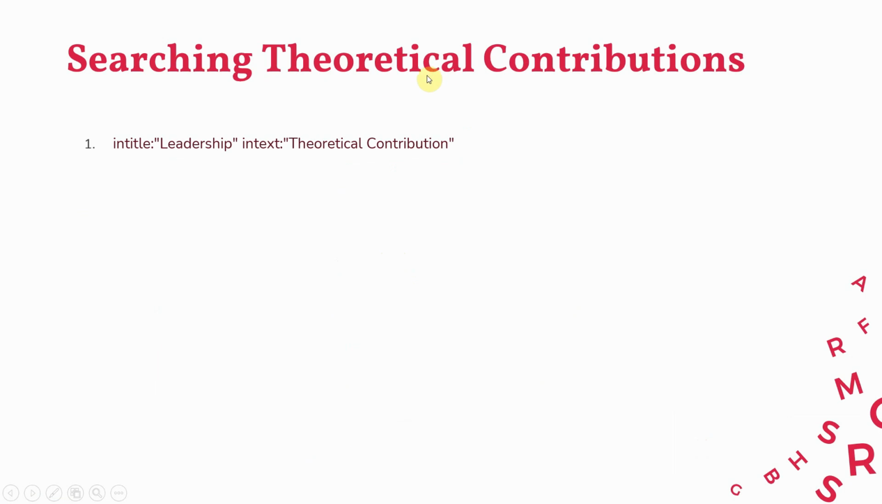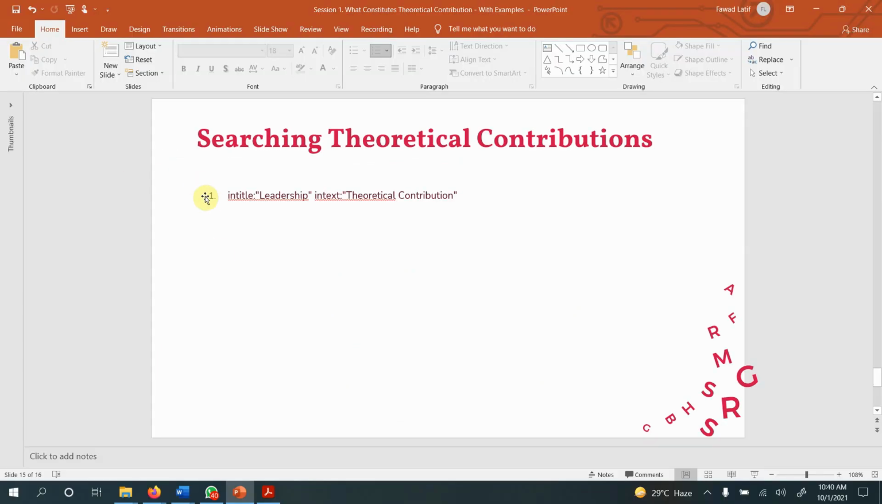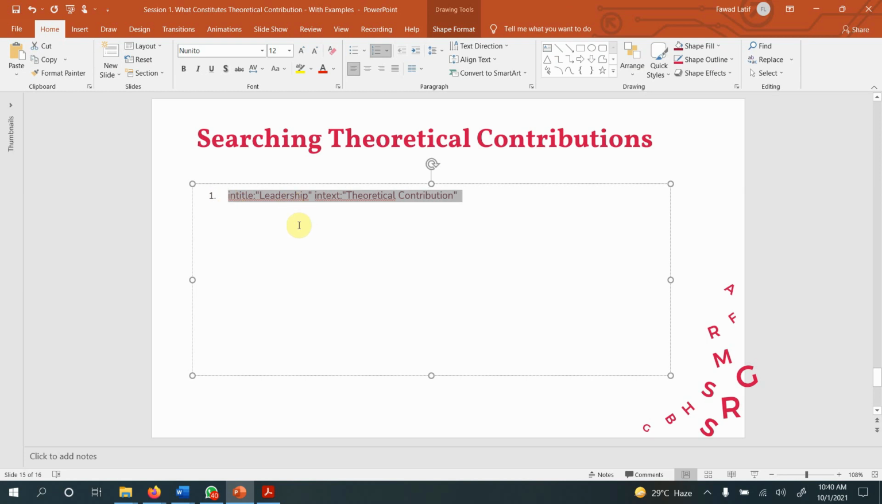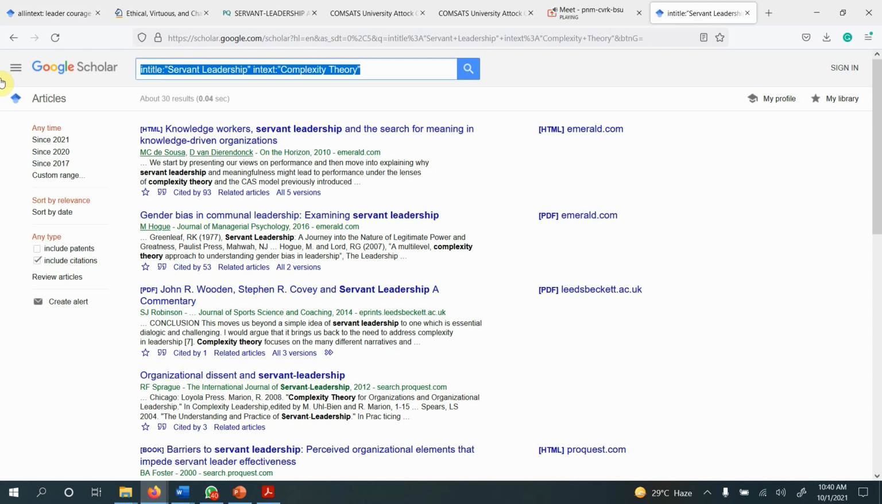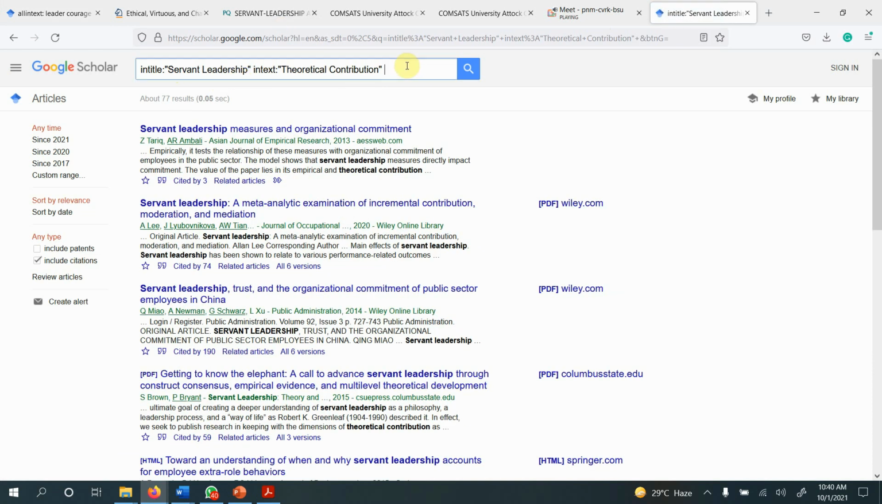So if you are searching for theoretical contribution, for example, you are doing a study and you want to find out how theoretical contribution is written, again, go to Google, just put in that query. If you are working on theoretical contribution, obviously you want to write theoretical contribution, so this should appear in the text. And your topic is on leadership. Let's say your topic is on servant leadership rather than just leadership. So you'll come across papers that have servant leadership in their title, and in their paper they have mentioned a theoretical contribution. Just open this paper, read how they are writing the theoretical contribution,